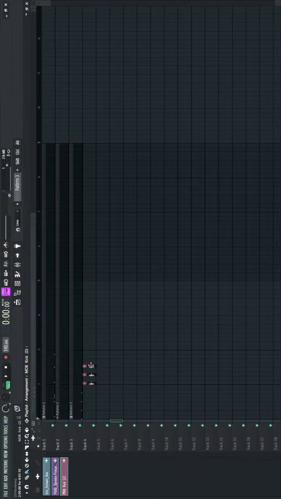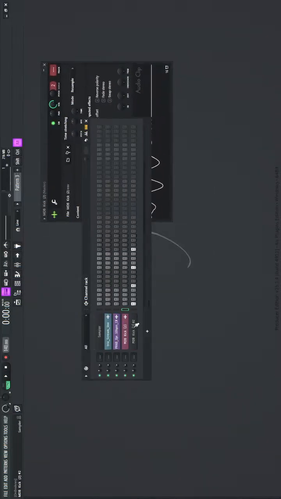On the playlist, you don't have much control over the sound. Well, you're dealing with the sound directly, right? On the channel rack, let me open both so I can show you guys. You see these two sounds. This is the same sound, but they're different due to how they're loaded, right? In the channel rack, the sound is balanced, right? You have this volume control, and you have this volume control,